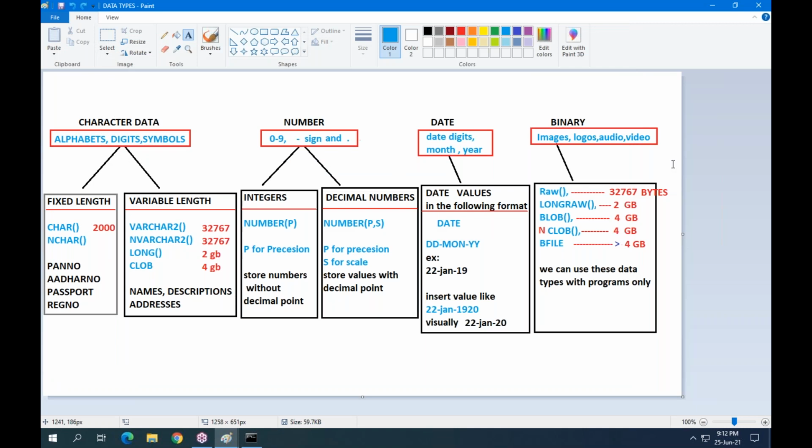Tomorrow onwards, we are entering into practicals. Before practicals, I want to show you the installation part. Today I will do one thing. The software is already available in my drive. On that software, I will give a download option for the students who have already paid the fee. So they will be downloaded. Then I will show the installation on those systems.